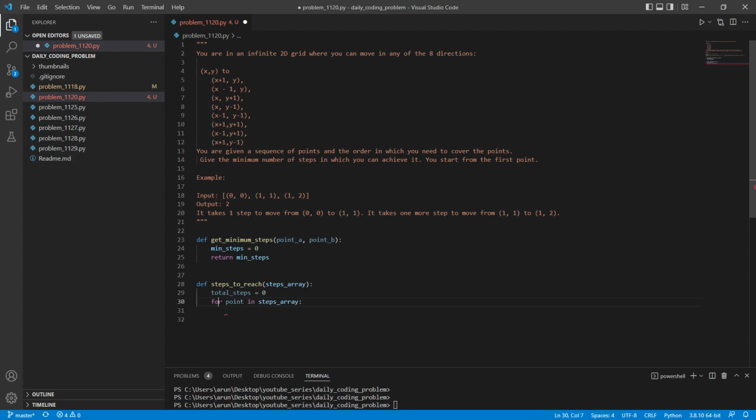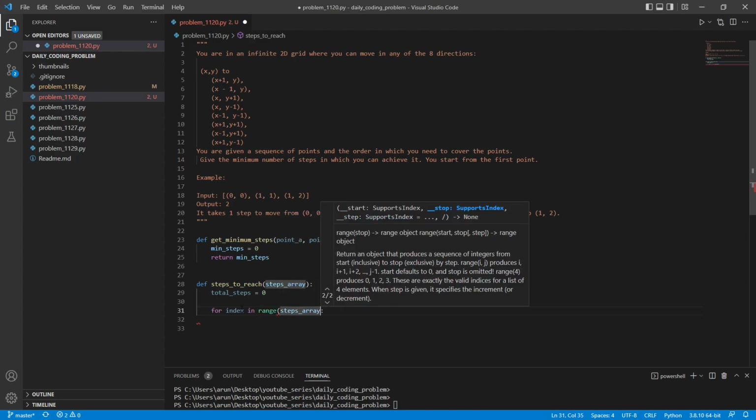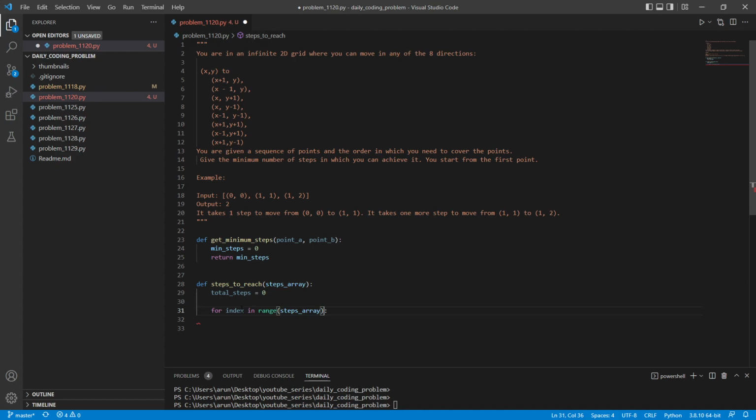If I need the next index, iterating value based might not help. What I will say is, for index in range of the length of the steps array. The length of this array would be 3, but I need only 2 steps. The first 2 points is 1 step, and the second step is the second and the third element. I don't need to go till the end. So I will say, for index in range these many steps, find me the minimum steps